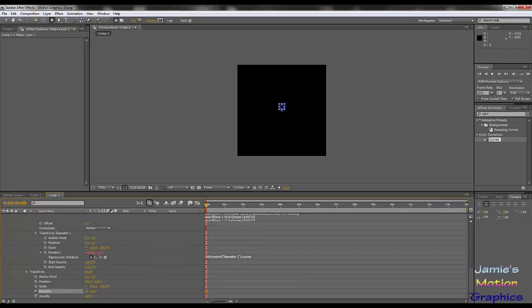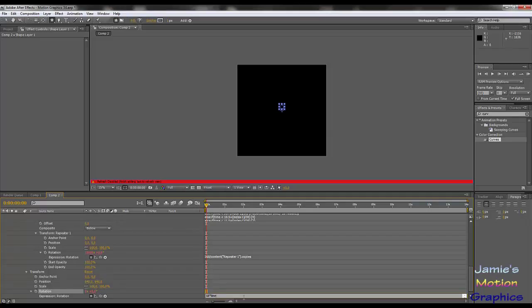The rotation is going to be, let's say 180 divided by, I don't know, let's say we make it 180 divided by 10 seconds. That's the total rotation, which means that it has to rotate 18 degrees per second, right? So 18 times time,